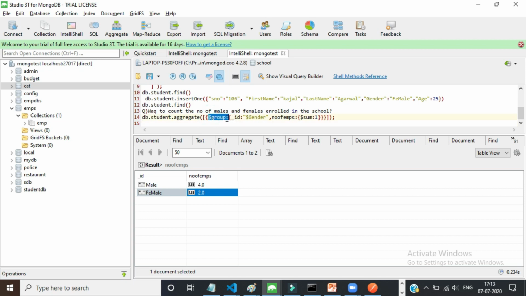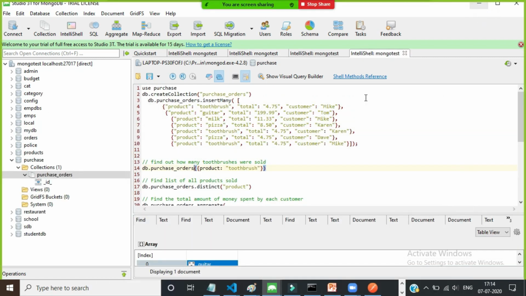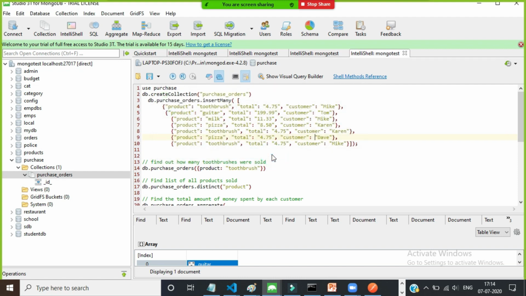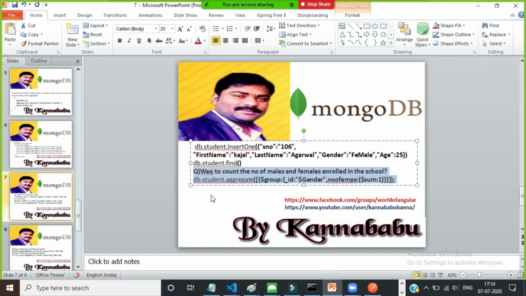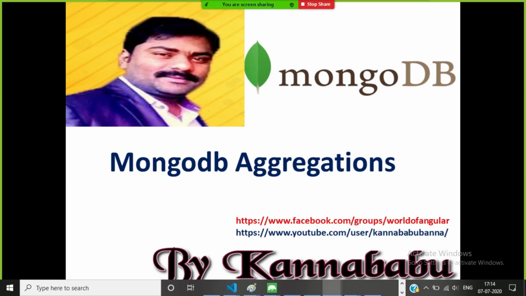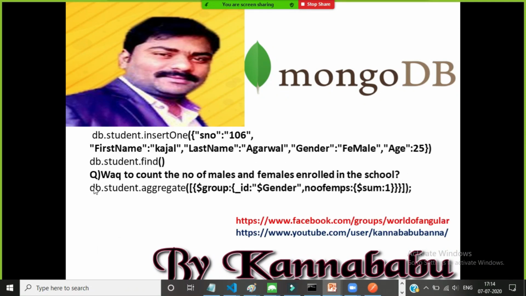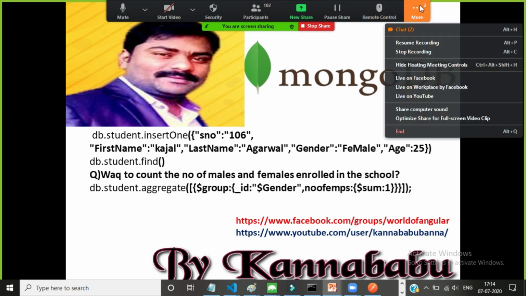So first what will happen? Group by. Group by will group the common values in a column as one group, and then aggregate functions will be applied on each individual group. So we are grouping by gender. Male is one group, female is one group, and this aggregate function is applied on the male group and the female group. Did you understand? That is how you can work with the group by clause. The group by clause is used to group the common values in a column as a single group. That is the query I have written here. Did you understand, everyone?